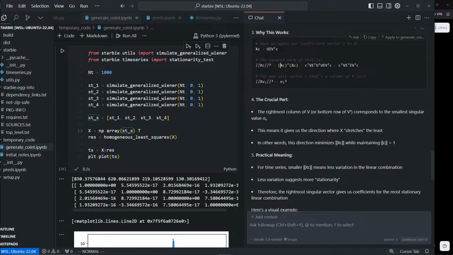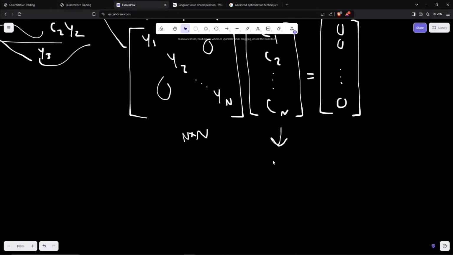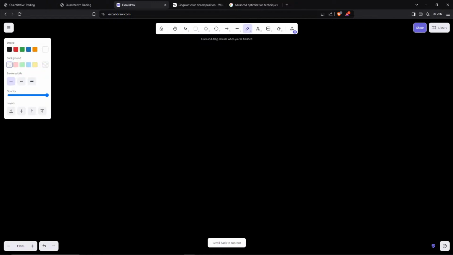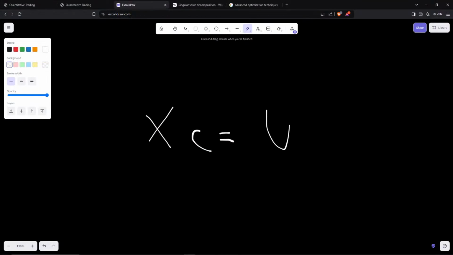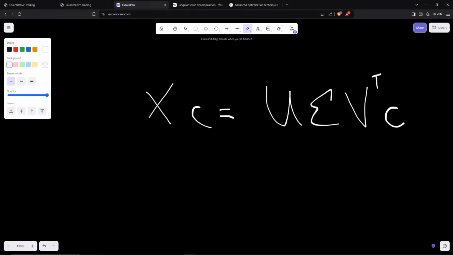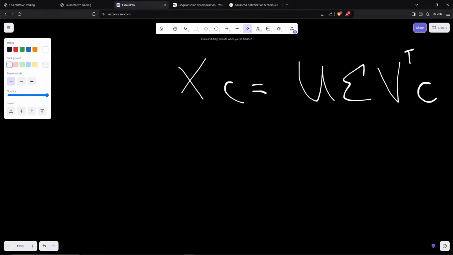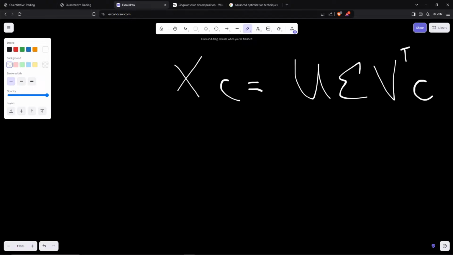Where? Let me copy this. Well, let me just write it down actually. So we want to write Xc equals U sigma V transpose c. Now, if we basically square both sides, in the sense of multiplying by their transpose, then this one becomes